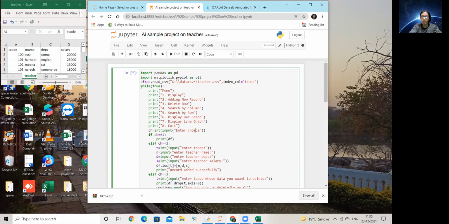There is this loop which is called a while loop. We have done a few codes on it a long time back. I don't expect you to remember it as of now. There are two loop structures in Python which we use. Number 1, for loop, and number 2, while.